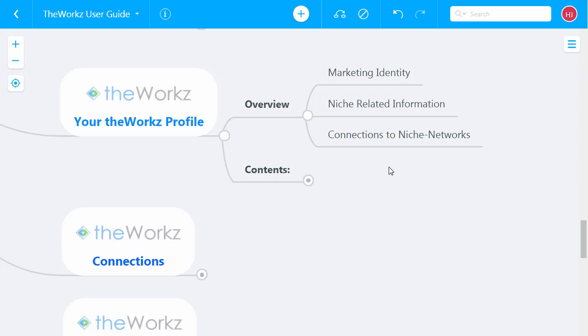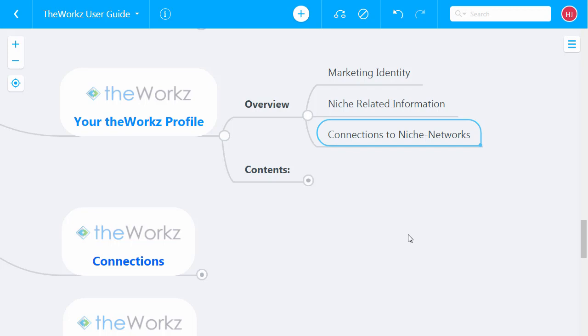The title, description, mission statement, the tags and keywords that you want associated with that identity, the website, default website that you want to promote for that identity, and of course the connections, because each separate marketing identity will have connections to, for example, its own Facebook fan page, its own Twitter account. For example, you would not connect a software company to a German Shepherd's fan page and that sort of thing.